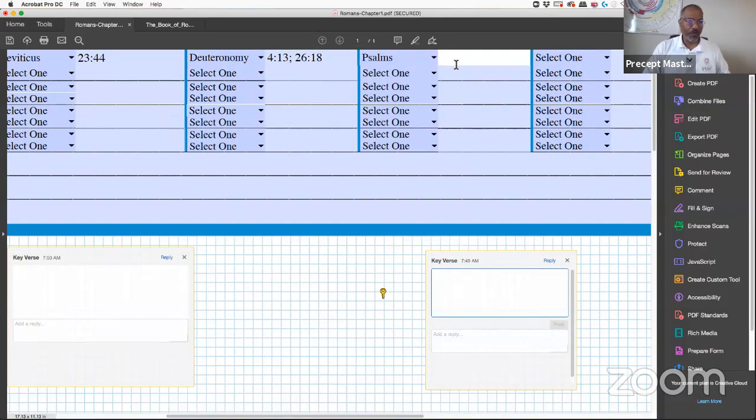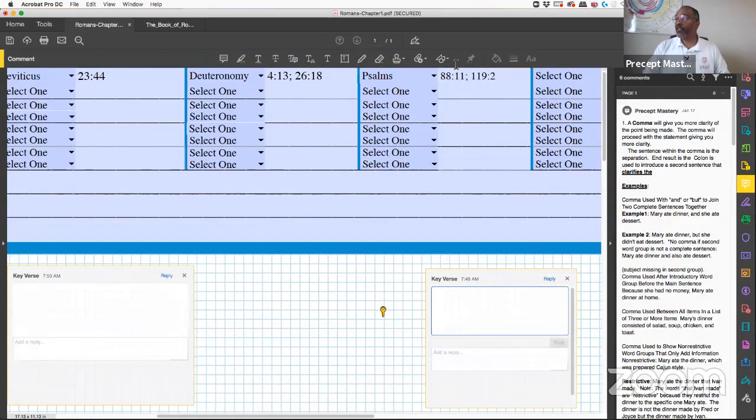In the Psalms, we're going to put in a few. We have to put in Psalms 88:11. We have to put in 119, 25 through 27. I don't know if I can get the other one in there. I don't think so, but I'm going to try and see what I can do. Actually, 119. Actually, I can do this.